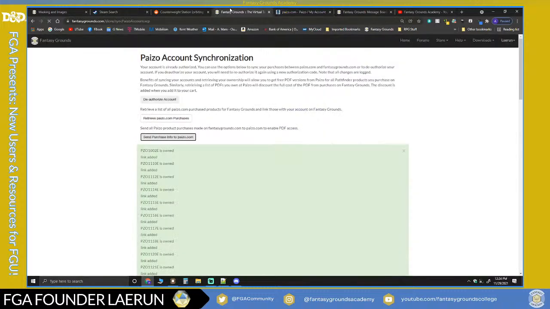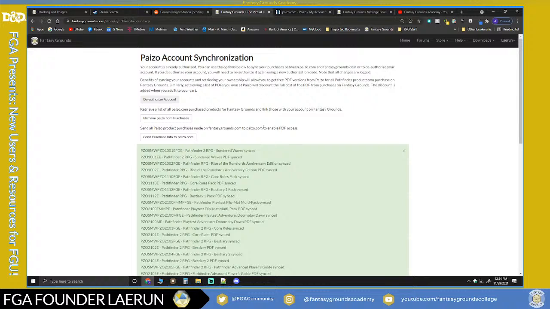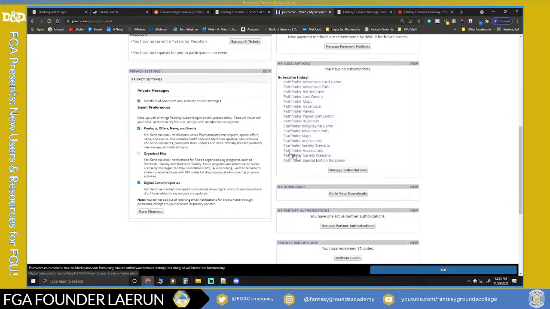So if you see a module is like $50 or something like that, it's because you're getting the Fantasy Grounds copy and you are getting the digital PDF from Paizo. So that's why the cost is a little bit higher.